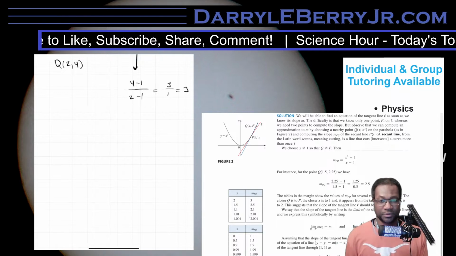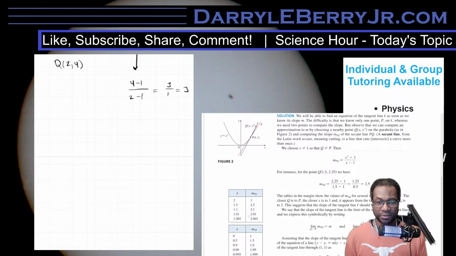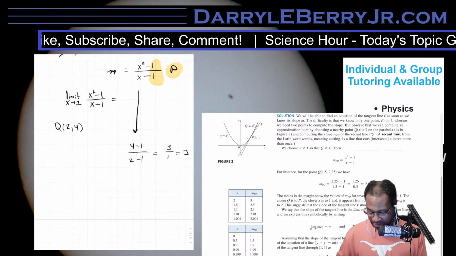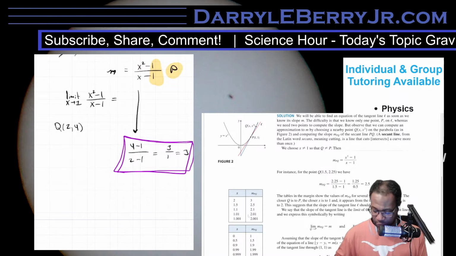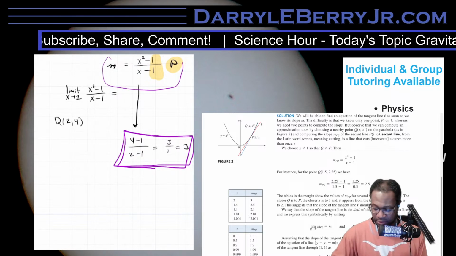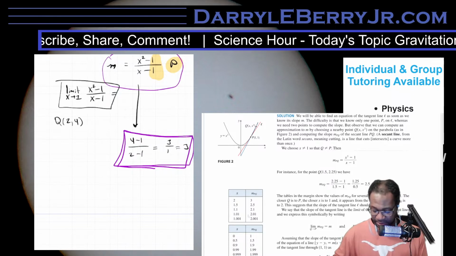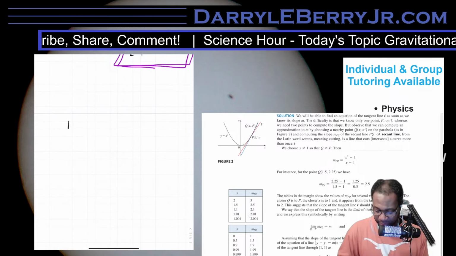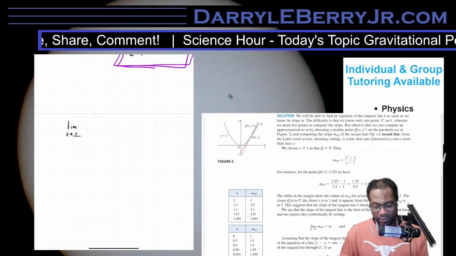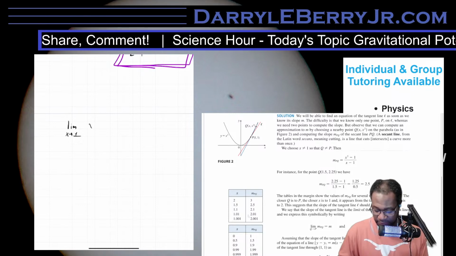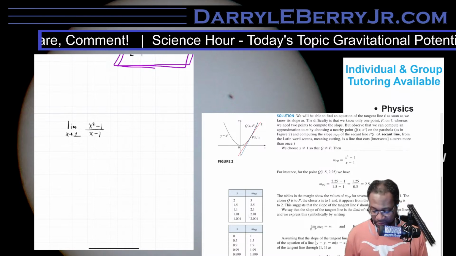Now, the interesting thing, which always ticked me off about limits, is how unusual they are to do in some senses. So basically, what I did was I got this answer by plugging in the numbers of 2 points, right, from this equation here to get the slope. But now let's go ahead and actually solve this as a limit, right? So one general thing you can do if you want to get the limit of something, a good first choice to try is to simply plug in what the value is.